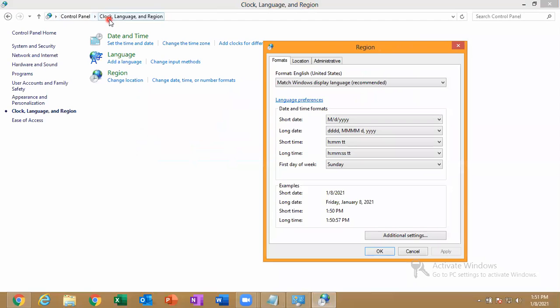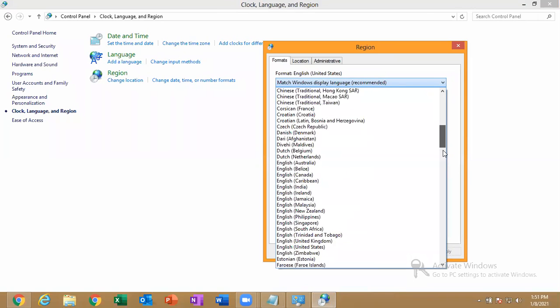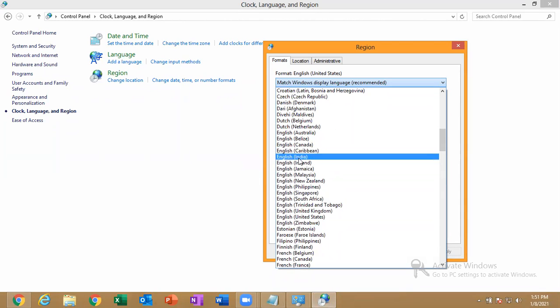See, control panel, clock, language and region, and here go for region. See here, format is English United States. Just click here and come down. We are actually in India, so let us change that to English India. Here it is.